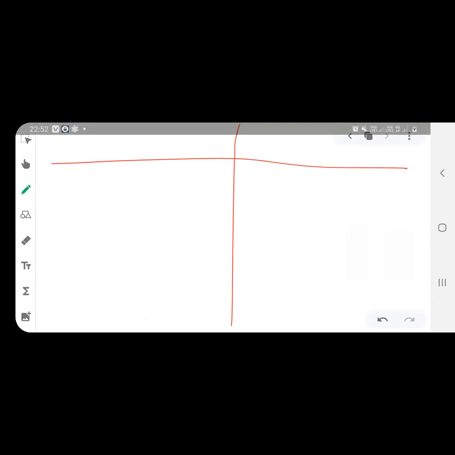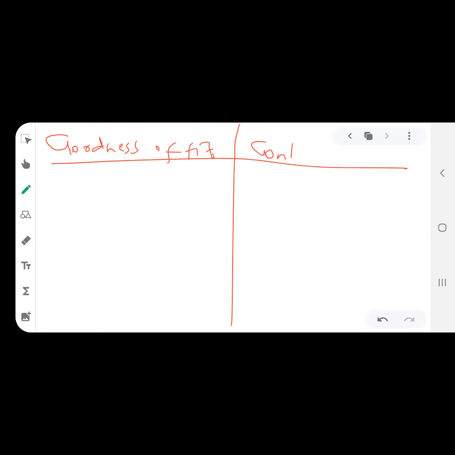Make sure you write them, because once I start presenting using the PC, this screen that you see now is going to disappear and then you will see the one for PC. Note that GOF stands for goodness of fit. GOF is goodness of fit. Let me just try to write it: goodness of fit, and then this side, you will have